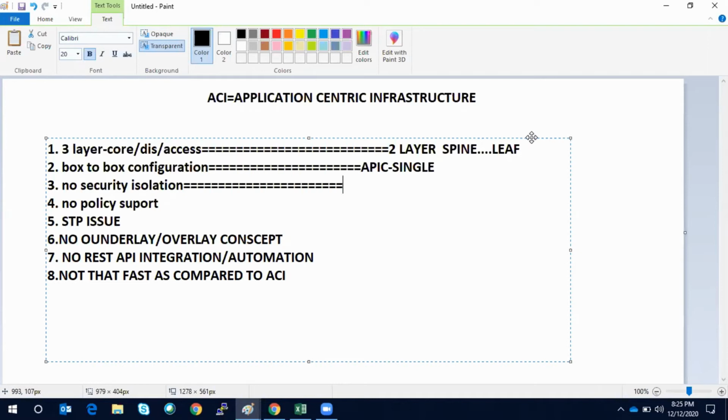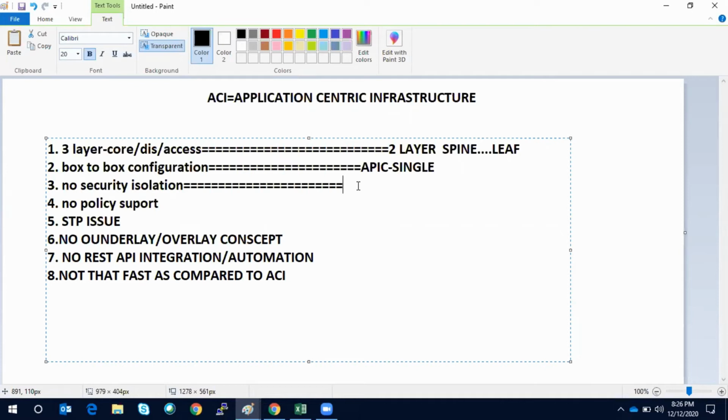Sorry for interrupting, but in the traditional network the traffic will be from north to south, but here in the spine and leaf, the policy and traffic flow, everything will be from east to west instead of north to south. Okay, I'm coming to that point. I have just started, but he was asking whether it is okay to compare, that's why I said that. Okay, I got it.